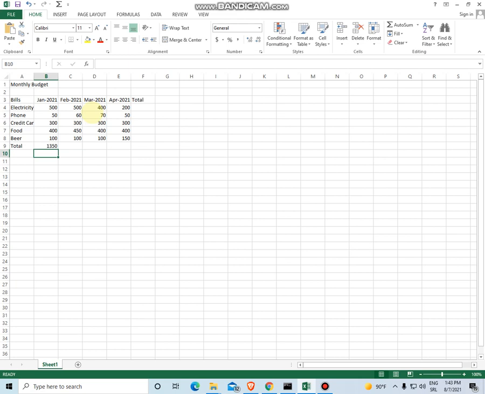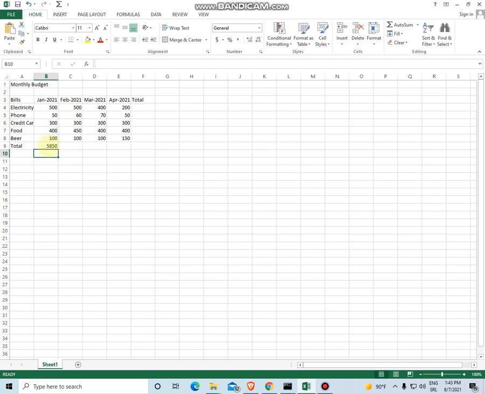Also, if I double click the result, I get my formula back up. And what if I made a mistake? What if I put one zero more or one zero less in the calculation? For example, instead of 500, I typed one zero more and I get a totally different result.